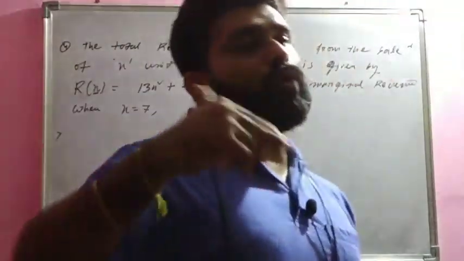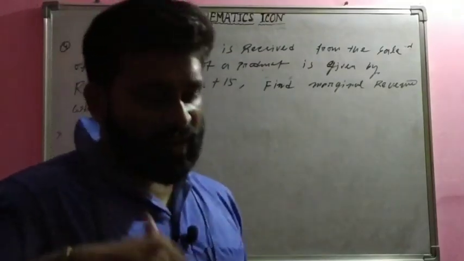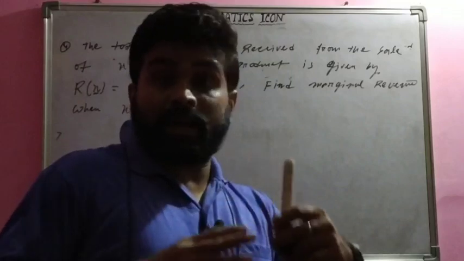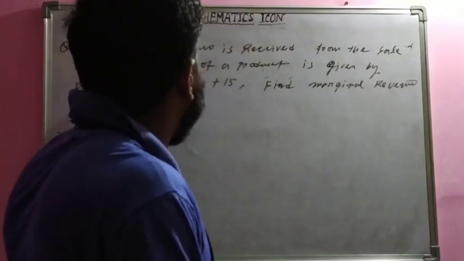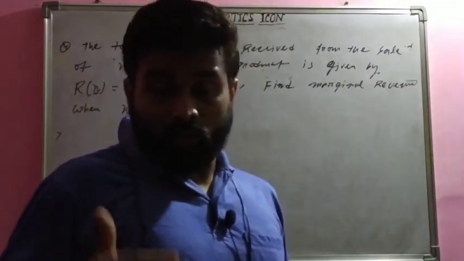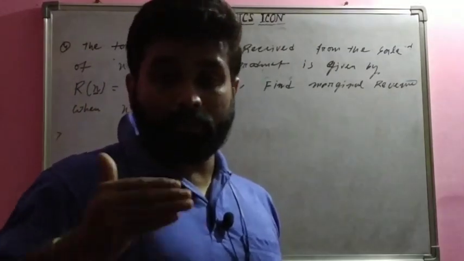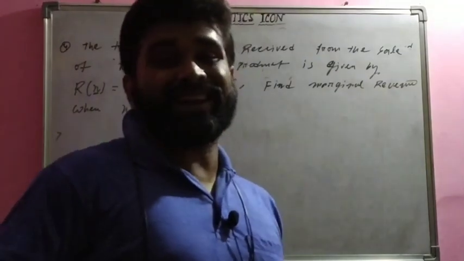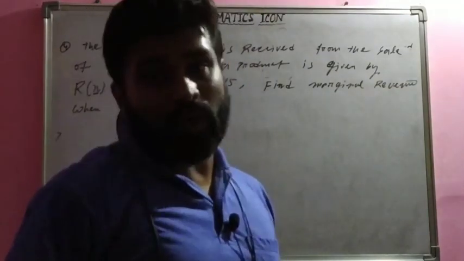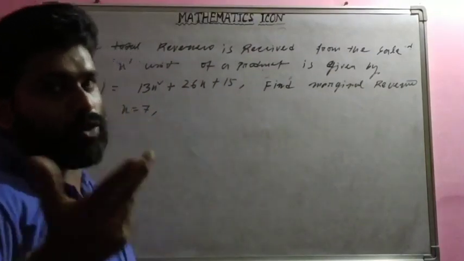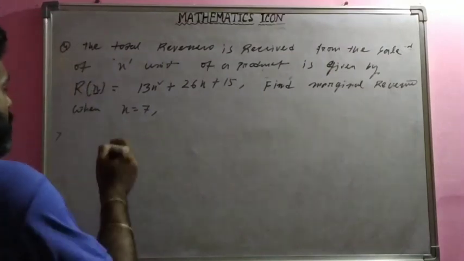मार्जिनल मतलब ही है आपको रेट निकालना है, किसका रेट, रेवेन्यू का, जो चेंज हो रहा है ना विथ रेस्पेक्ट टू, क्योंकि यहाँ पर x क्वांटिटी है ना प्रोडक्ट का, तो x जितना चेंज होगा रेवेन्यू भी उतना ही चेंज होगा। तो यहां पर वही आपको निकालना है कि प्रोडक्ट का क्वांटिटी जितना चेंज हो रहा है तो कौन सा रेट होगा जिससे रेवेन्यू भी चेंज होगा, है कि नहीं। तो ऑब्वियसली प्रोडक्ट का यहां पर क्वांटिटी बढ़ेगा तो रेवेन्यू भी बढ़ेगा, ऑब्वियसली, ये तो नॉर्मल थिंग है।